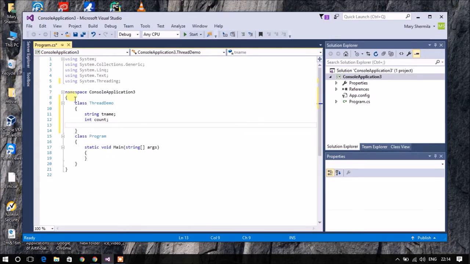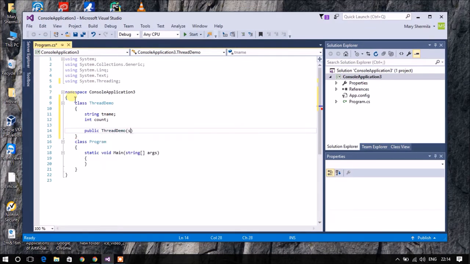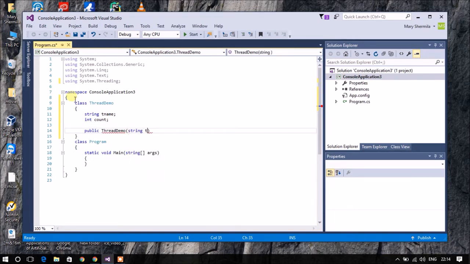And I am going to define a constructor for assigning values for my data variables. Thread demo of string tname, comma, int count.